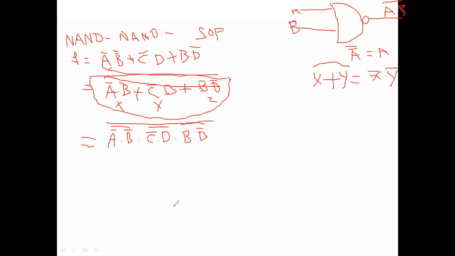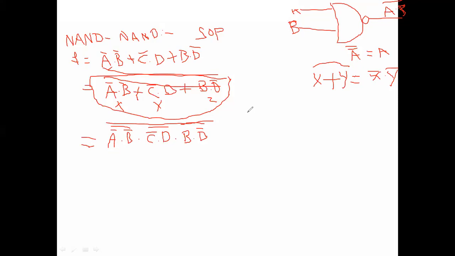Okay, do you understand? A bar dot B bar dash, that is A bar dot B bar, C bar dot D, B dot D bar, the bar. So totally we are getting the complement. Okay, now here see the NAND gate. If A and B are inputs, then what is the output? A dot B whole bar. That means first input and second input whole bar. So draw for this A bar dot B bar whole bar.